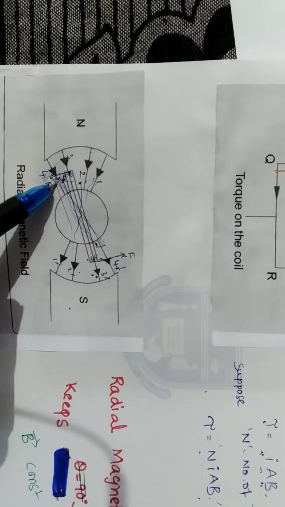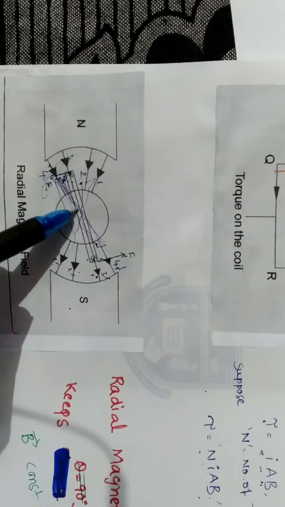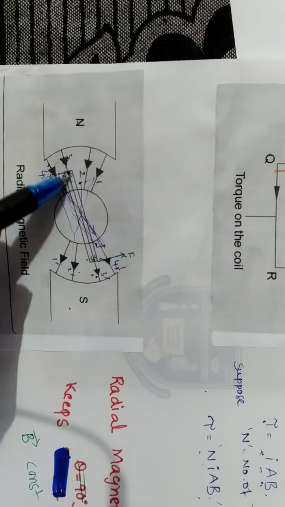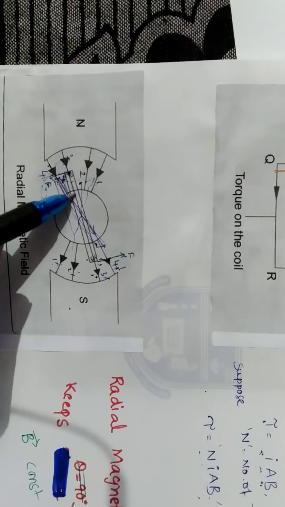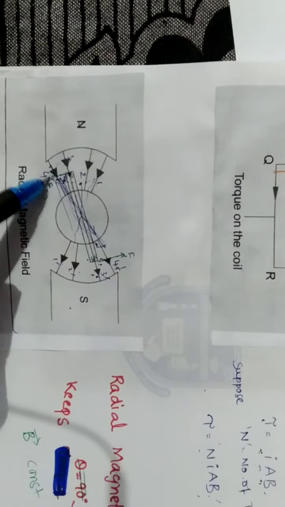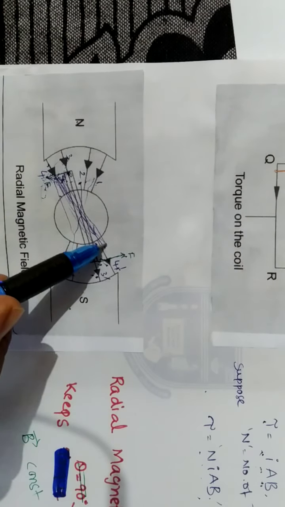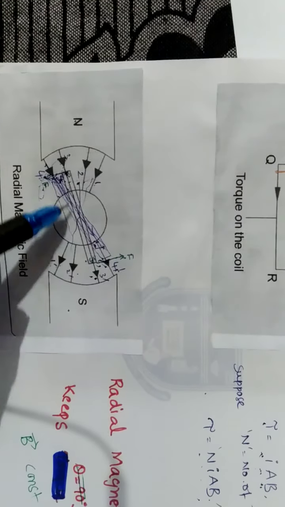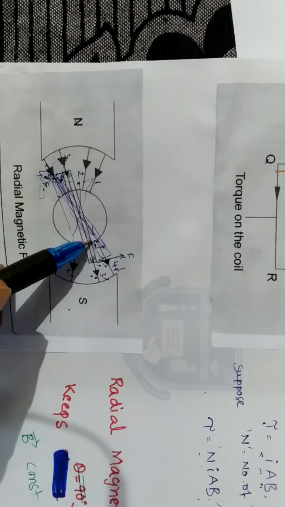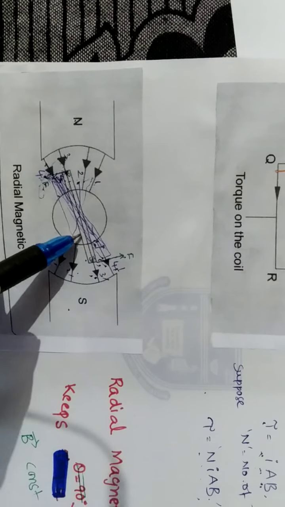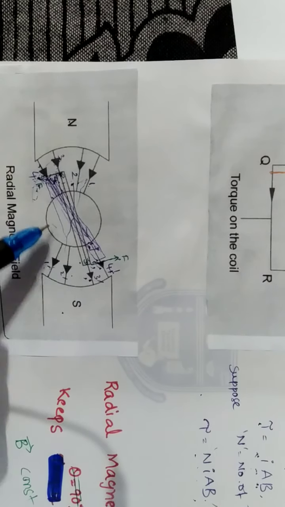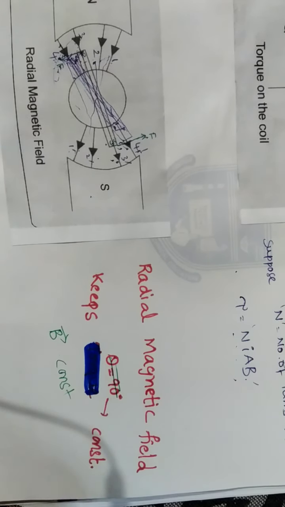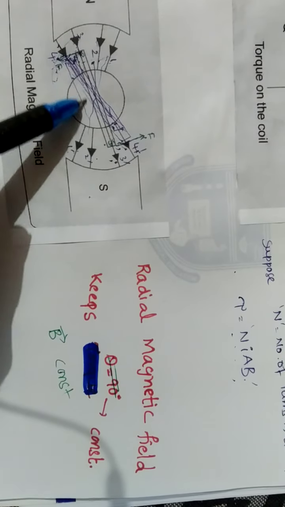Now when it comes to 4 and 4 dash also, the magnetic field line is along the breadth of the coil. Okay, here you see when it is at 3 and 3 dash also, the magnetic field line is along the breadth. When it turns and comes to 4 and 4 dash lines also, the magnetic field is also along the breadth of the coil. So this magnetic field direction always stays constant. Its magnitude is constant and direction is also constant. That is the advantage of this radial magnetic field, which is very useful in understanding the moving coil galvanometer. So the direction of this field is always along the breadth.